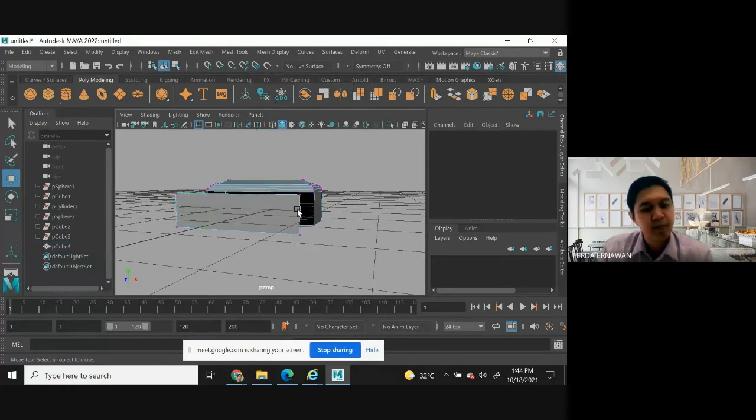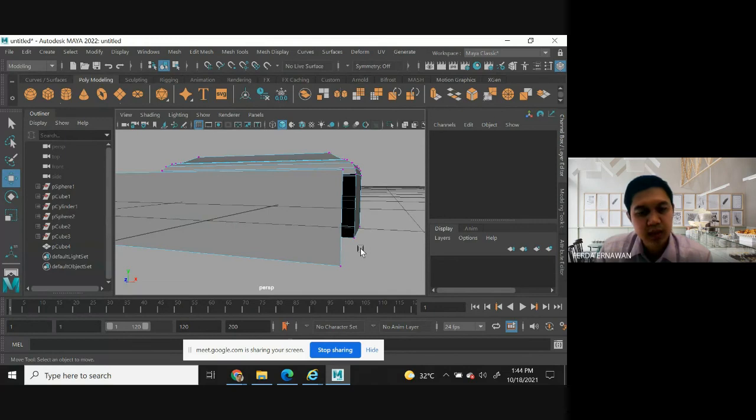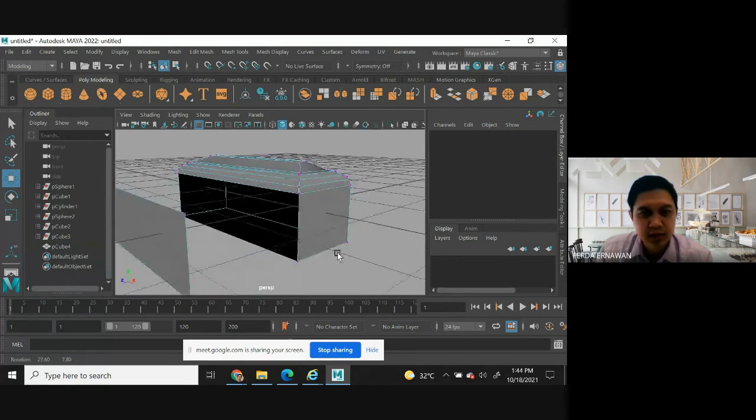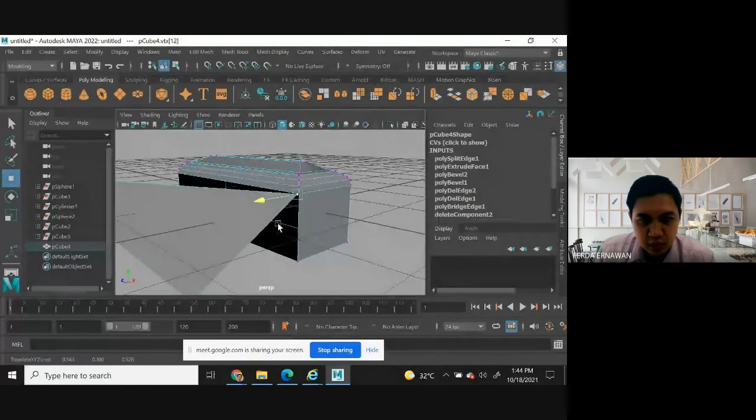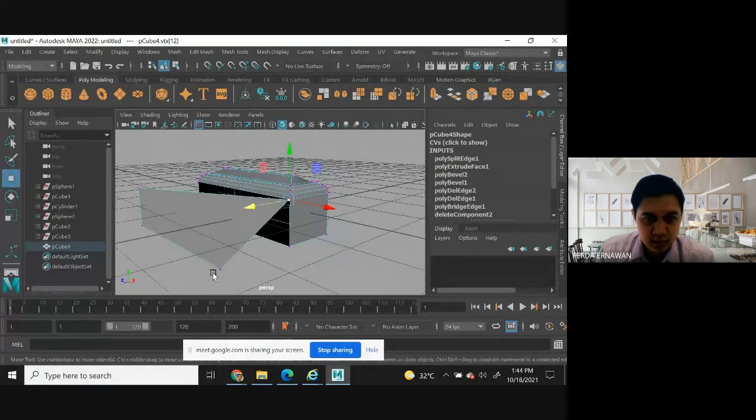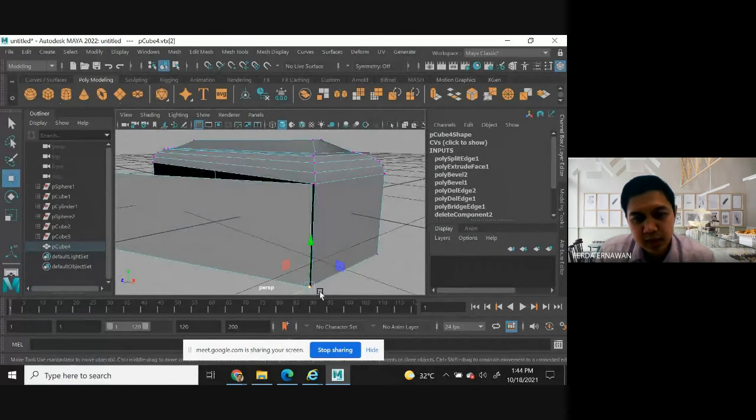Okay, let me zoom it. Okay, like this, and then let me select this. Then I make it closer like this, and this one is also closer to this one. Example.